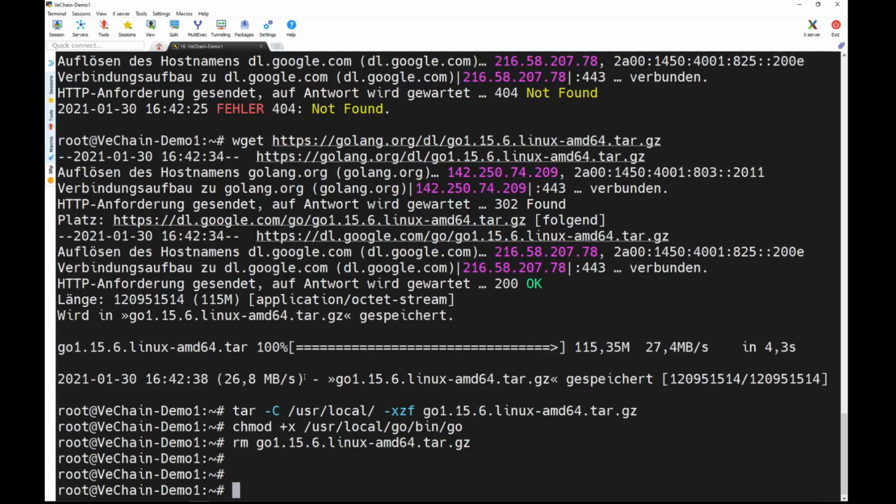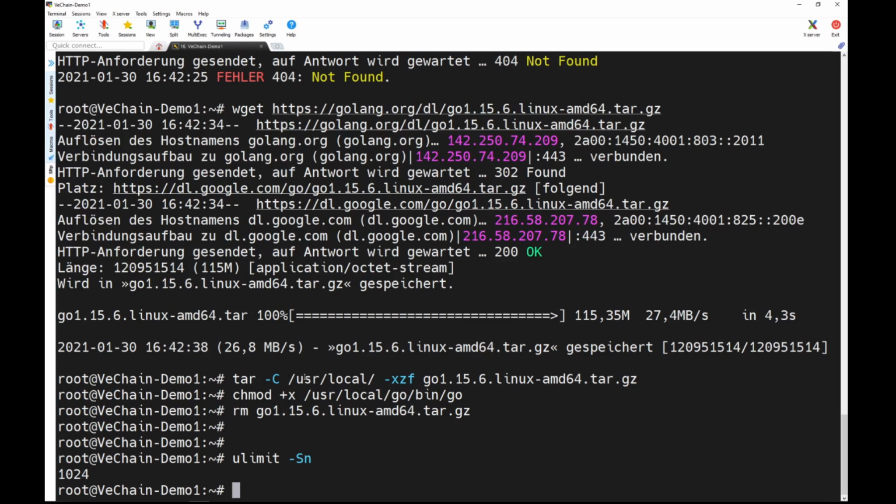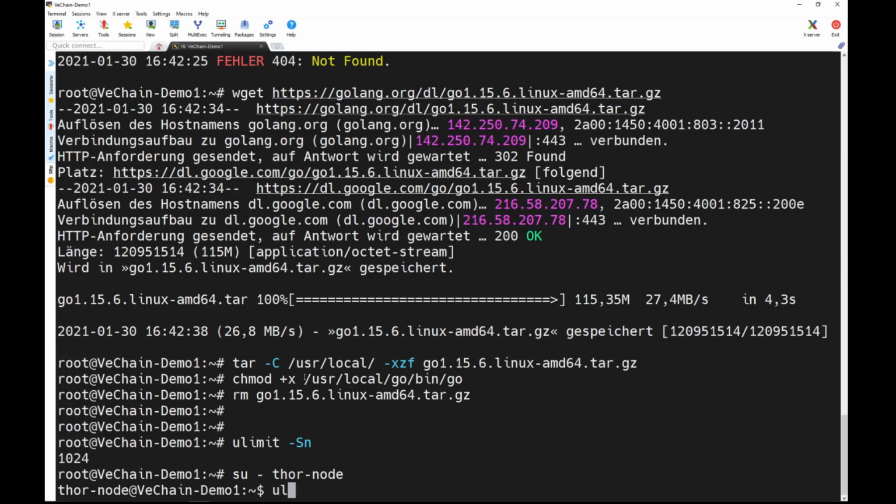And now we have to set some permissions and some settings to efficiently run the VeChain node. As I said earlier, the Thor node will run as the user thor-node. And for this user, we have to increase the open file limit. If we check ulimit -n, we can see that it's set to 1024. That's for the current user, but we can also switch to thor-node and do the same ulimit